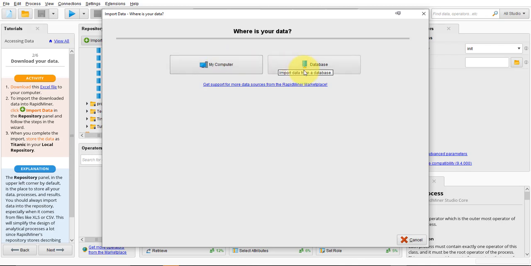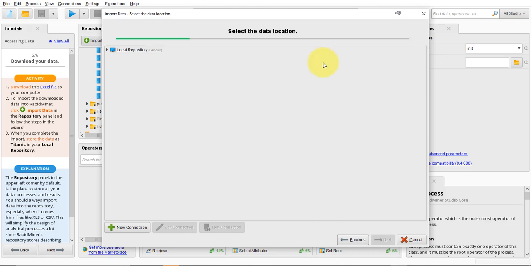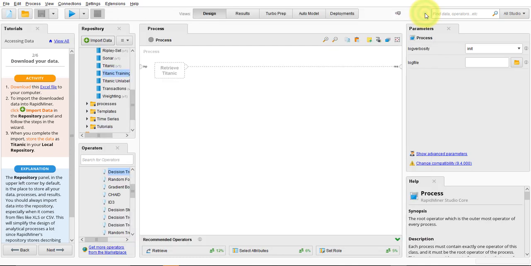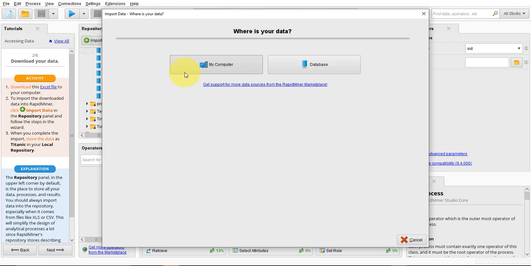So, if you're working in a company, it's probably going to be in a database, and you're going to connect, maybe click this. I don't know what will happen. Let's see what happens. Select the location. Okay. Anyway, we're not going to do it that way, but you might have to do it that way. So anyway, click the plus again, in my computer,